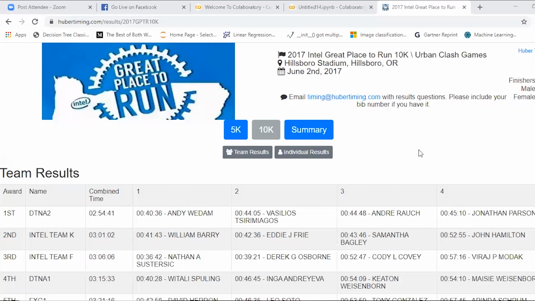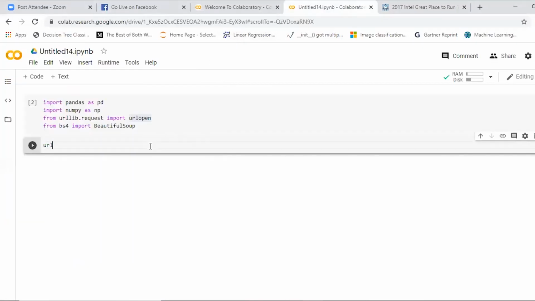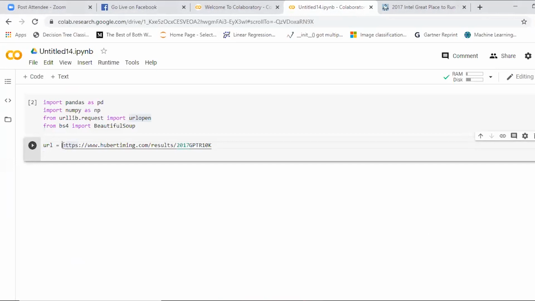I have pasted the URL over there. You can directly copy paste the URL. That's what we are going to see now. You define the URL as a variable, you copy that URL and read it out. So that should be in string, otherwise your Python doesn't understand how to read it.